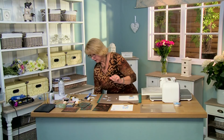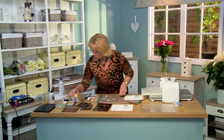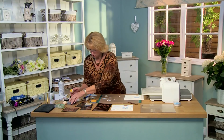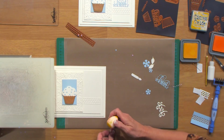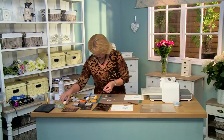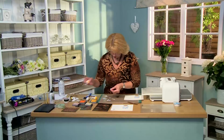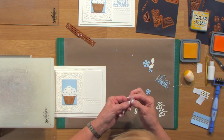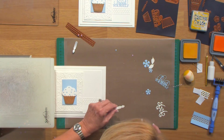Go and put that back, and I've got one I've cut with the decorative piece. So what I want to do is just bring in a little bit of our Fossilized Amber Distress Oxide and the Spiced Marmalade Oxide, and add a little bit of color to the flame here. There, and just a tiny bit around the top there. Okay, so I'm going to put that together. Peel the backing off of this, line these two up,